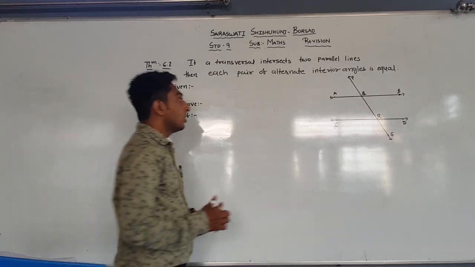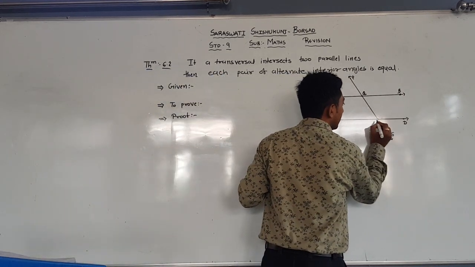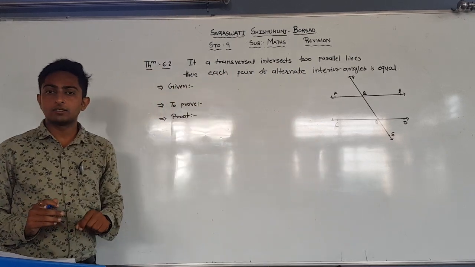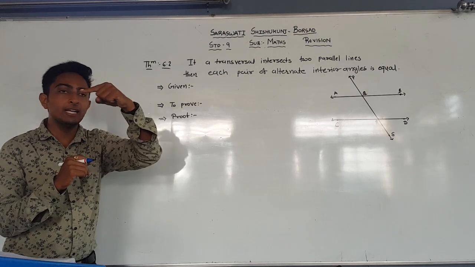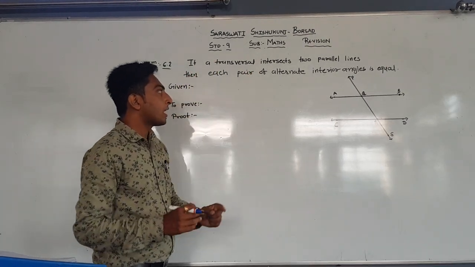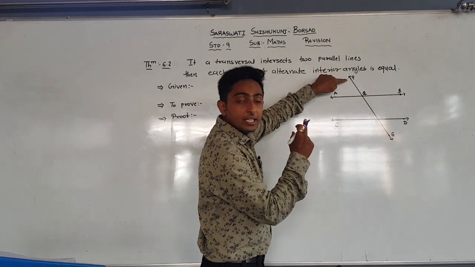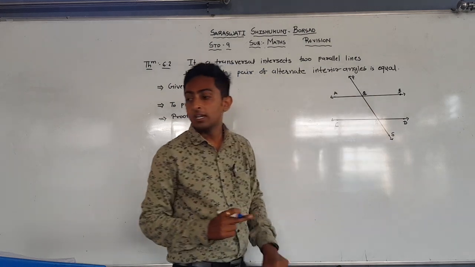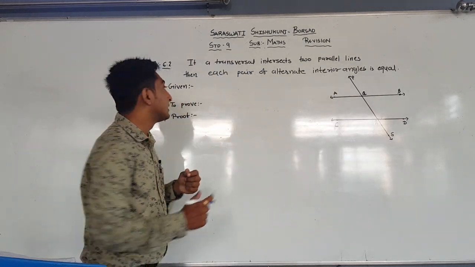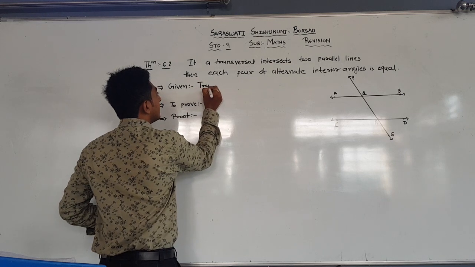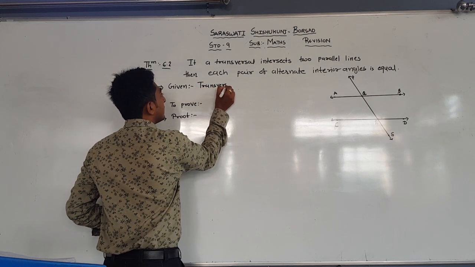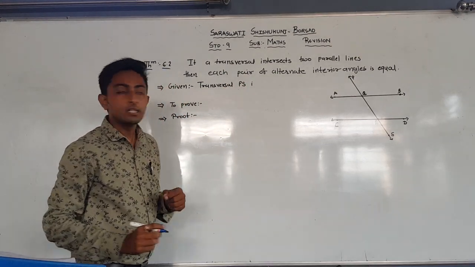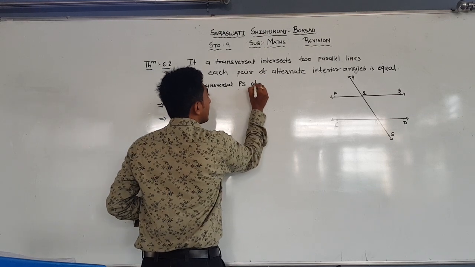is equal. So first of all, what is given? We have given that a transversal intersects two parallel lines. The statement between if and then is a transversal intersects two parallel lines. Now a line which intersects two or more lines is called a transversal. So PS is the transversal. So write the given statement like this: transversal PS intersects AB parallel to CD,